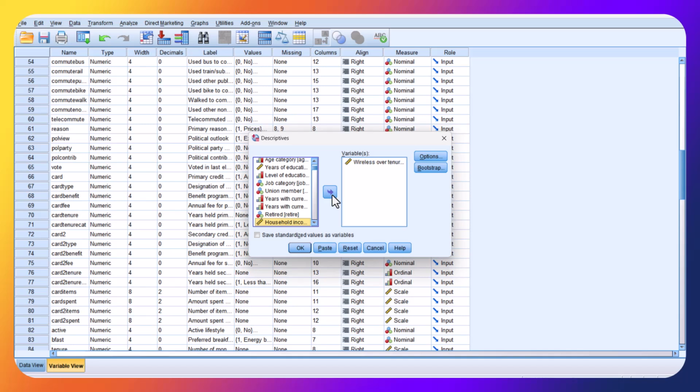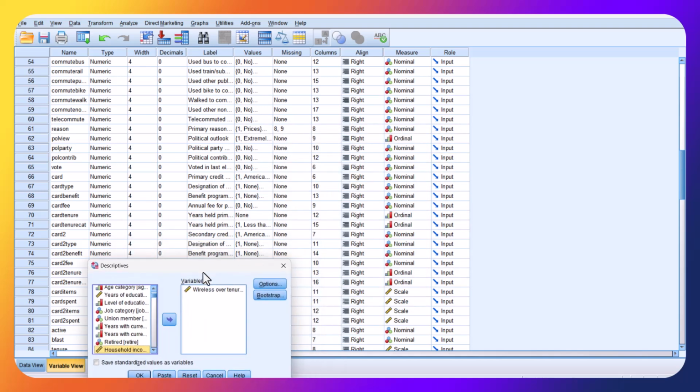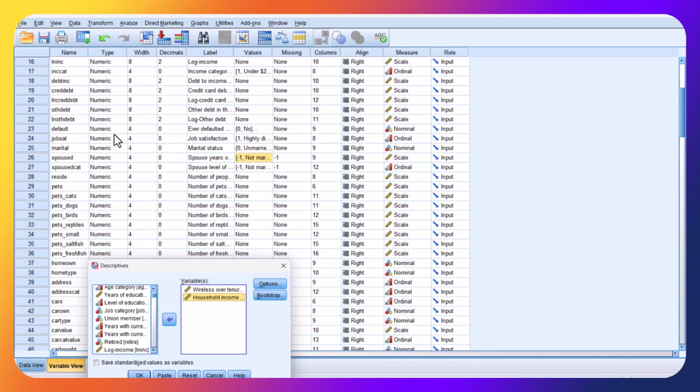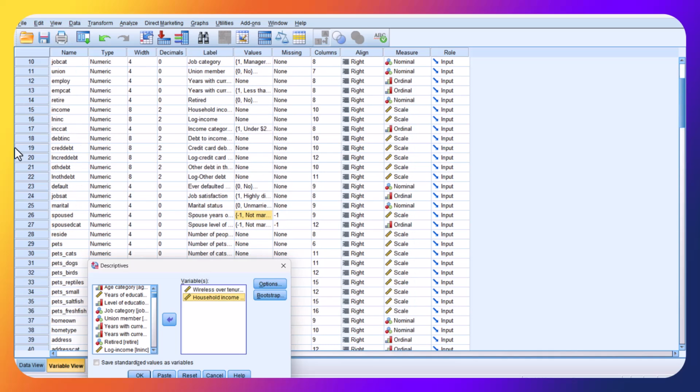I will also tell you why I did it, because like I said, quantitative data is based on numbers, and when you check the variables I chose, for example, household income, you can see that this is in scale, and this scale is representing a continuous data set, unlike this nominal and nominal